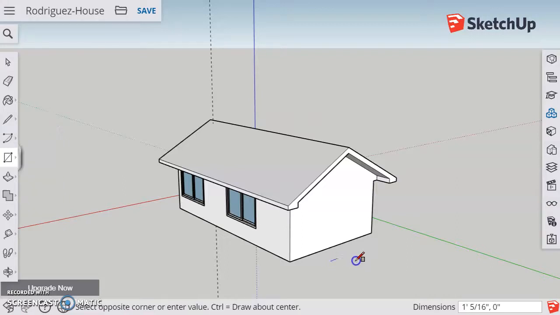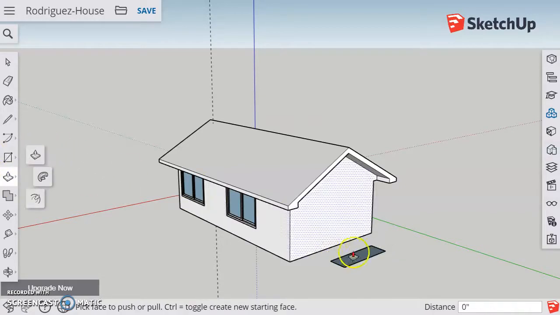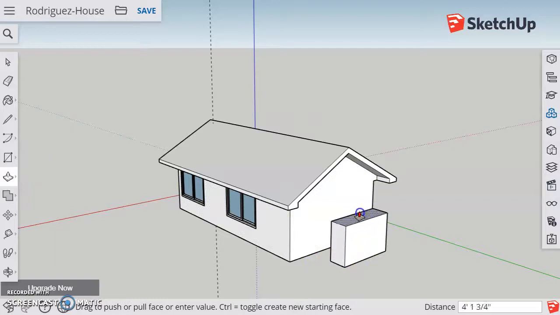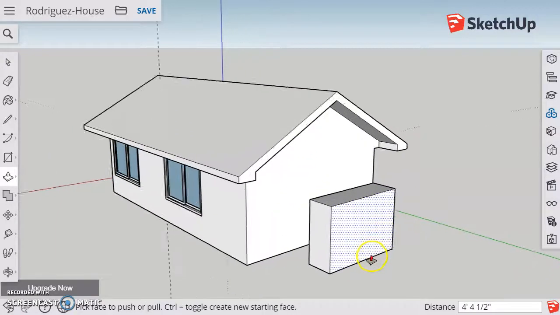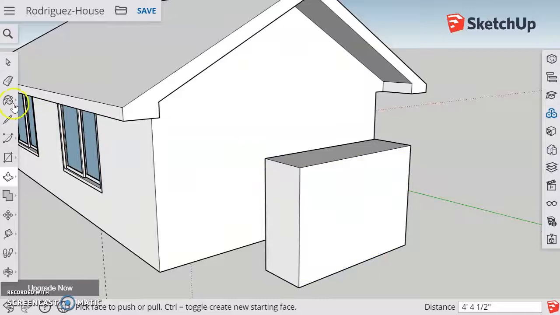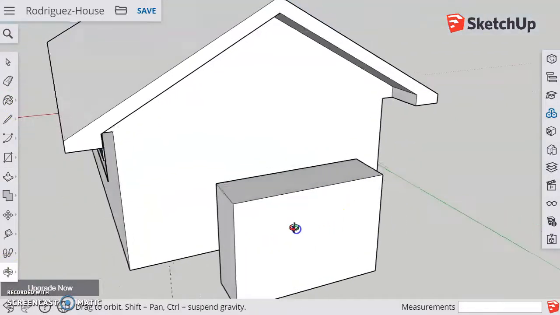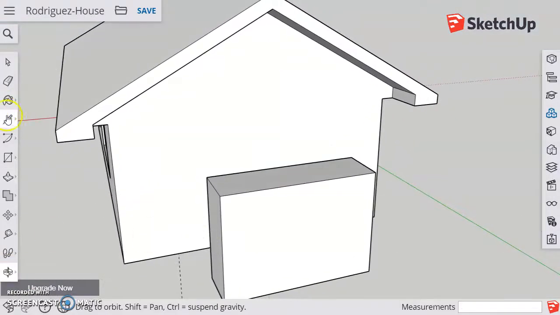So draw a rectangle like this on the ground, and then push it up like this, and then let's draw two lines with the pencil or the line tool. A line here and a line here,